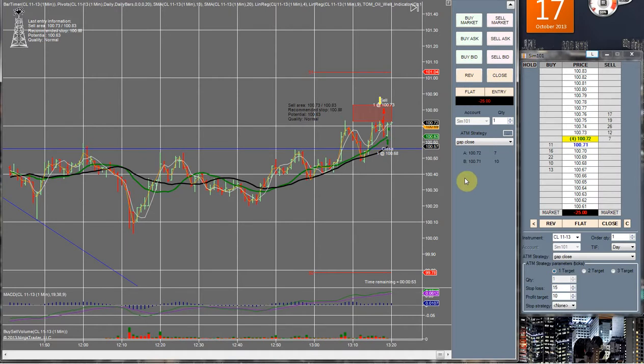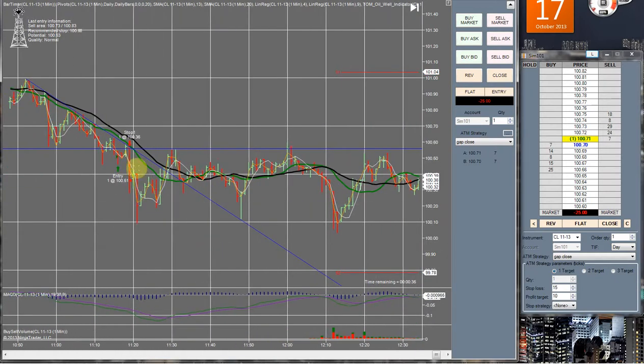So that could have been another 10 ticks in profit right here. But instead, I think I got, what was it, from 73 down to 68. So I was able to get 5 ticks, so $50. And back here again,